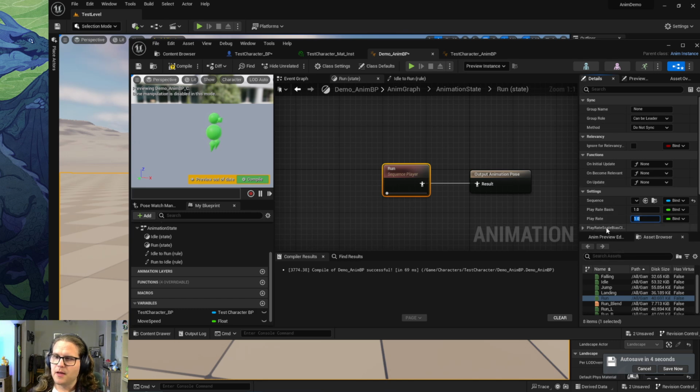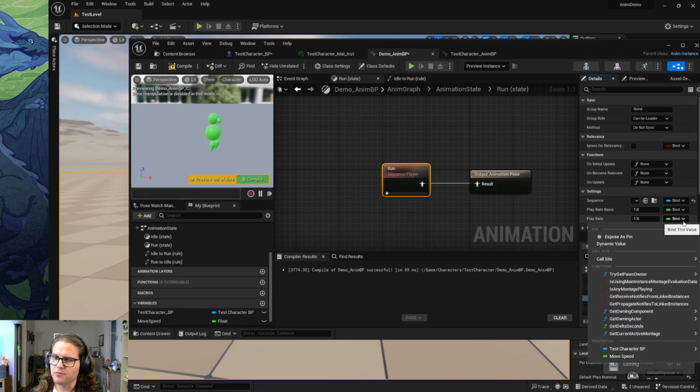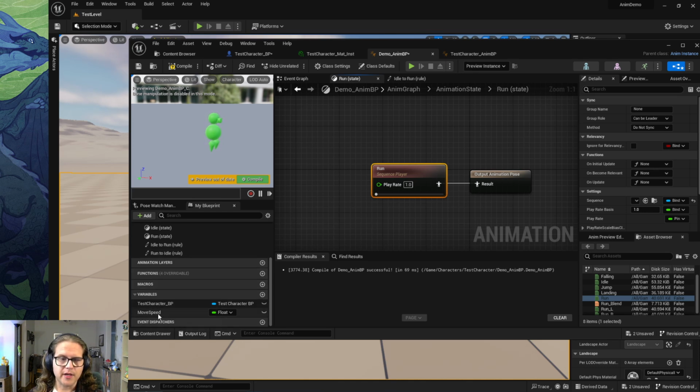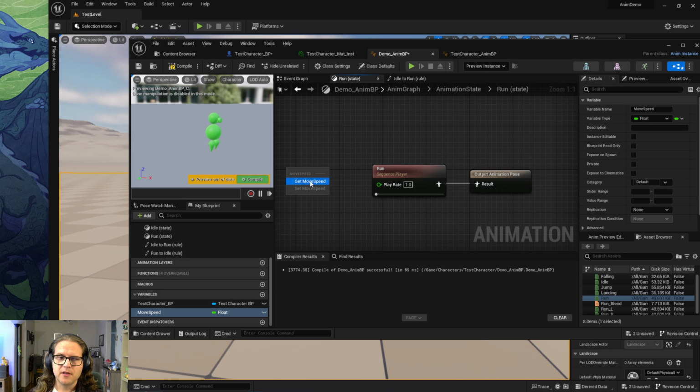So the way that you are able to control this is over here where it says bind, on this little drop down here. If you bring that down, there's an expose pin, which is at the very top. And if you click that, now there's a pin in here which we can use. Just like before, whenever we want to connect something in, we can use it that way. So if we grab our move speed,